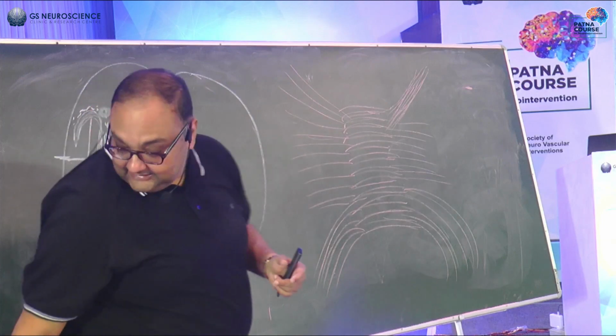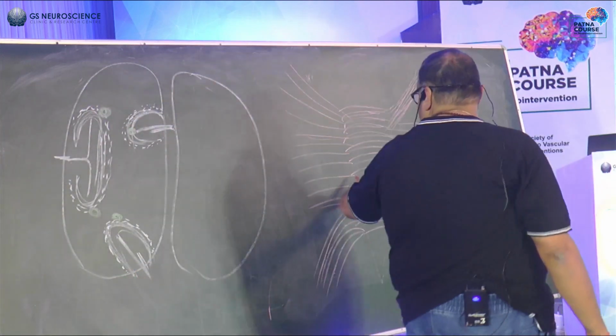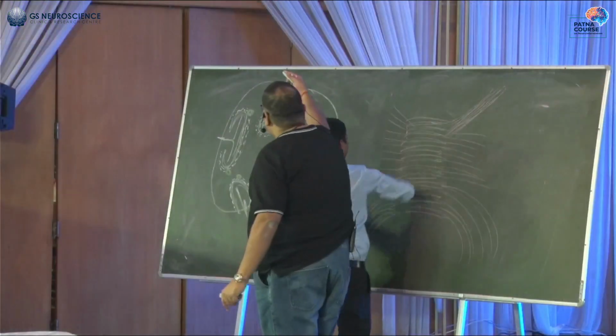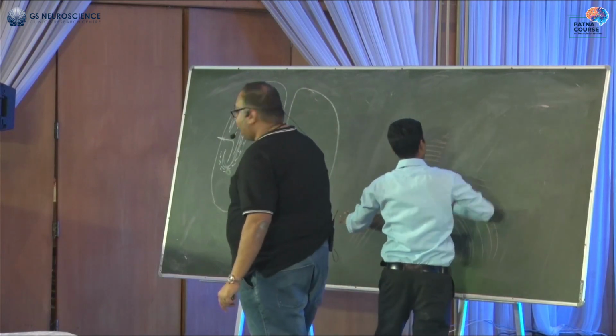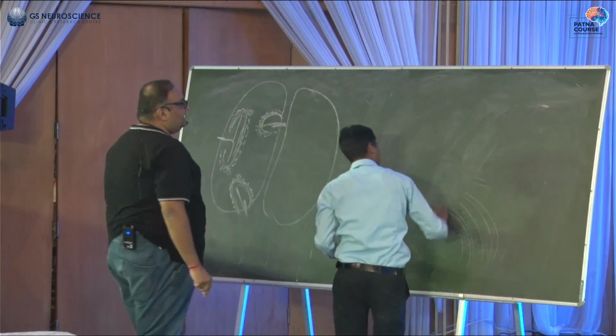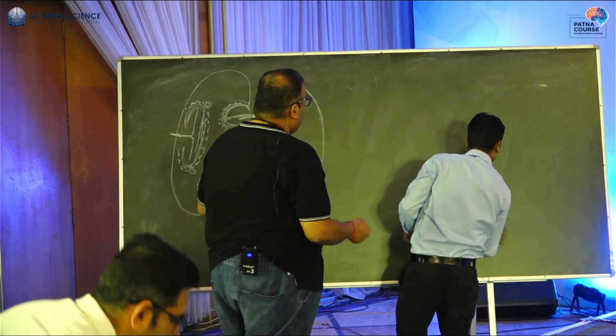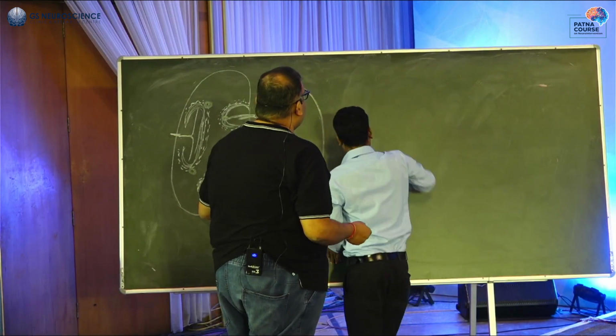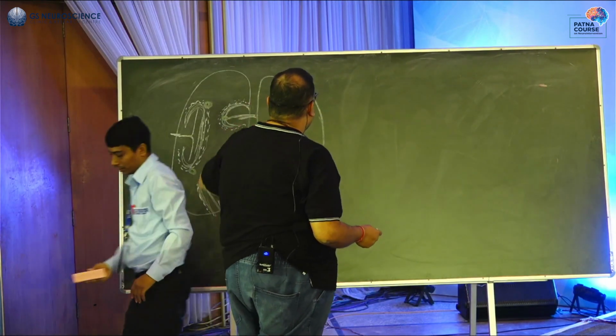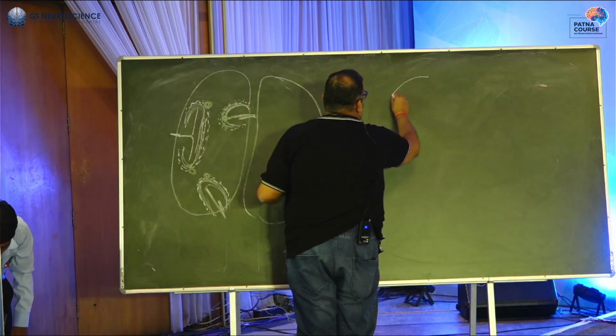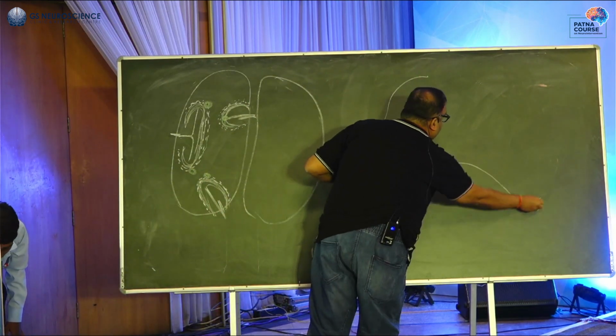In the next stage, this was an axial orientation that we are trying to see. Now we will just go to a sagittal orientation. In the sagittal orientation, what we will see is that these four fiber systems which were developing in the brain